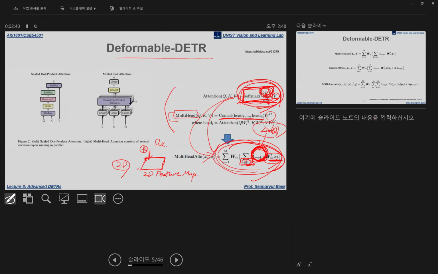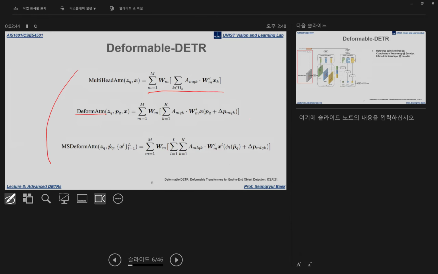So these two are in the same form. They are denoting the same thing. But in the deformable attention mechanism, what has been changed is this x of k is not anymore the dense pixel values in the 2D feature map, but instead